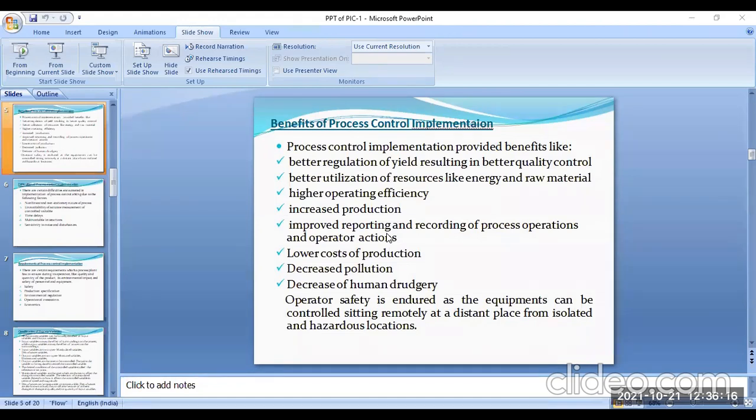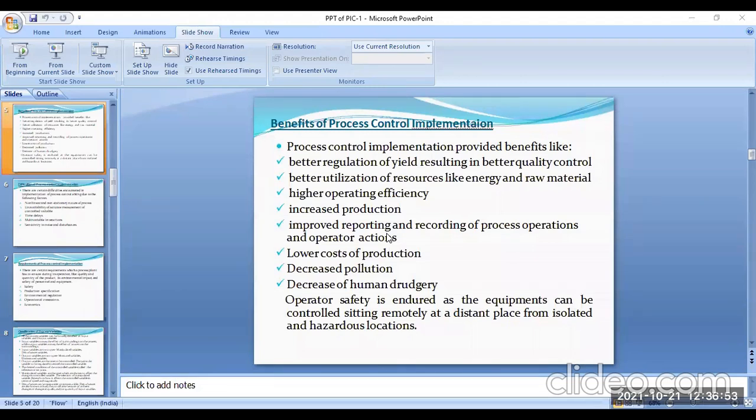Number four, increase the production. In our modern day, the market value also increases, so demand also increases. According to demand, we have to produce material, for example in the food and beverage industry. In modern days, the demand also increases. Lots of packaged foods are consumed in any country. So in that case, to increase the production rate, we use the benefit of process control